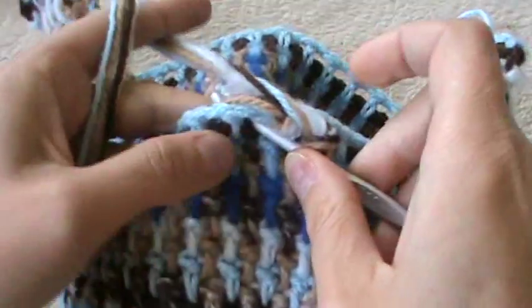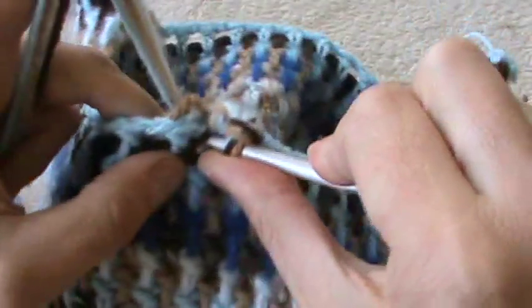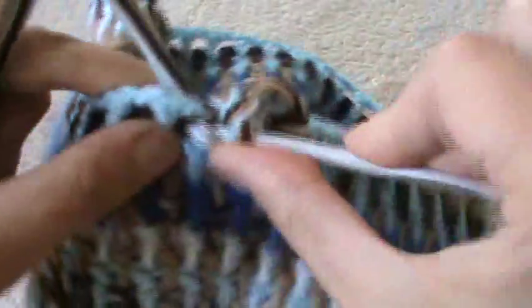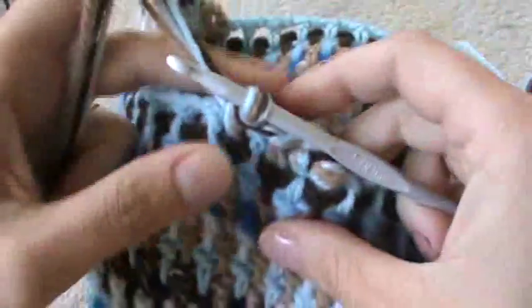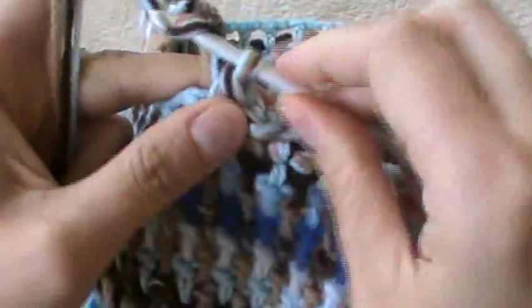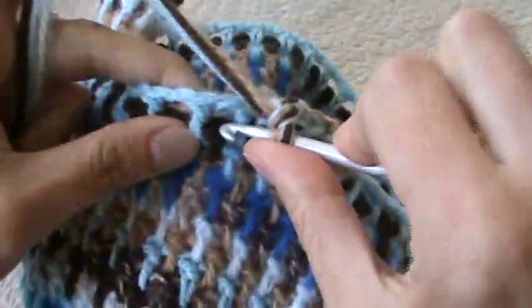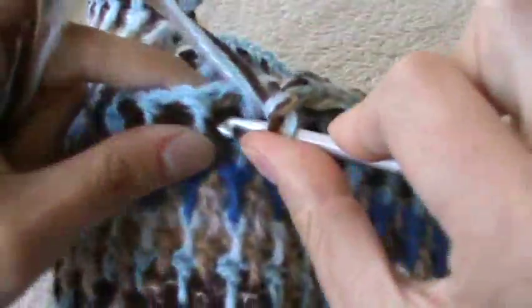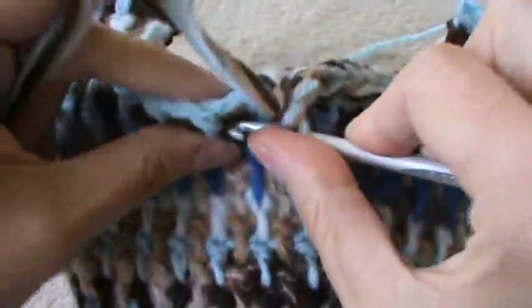And now again into our brown round, insert your hook and work a single crochet, and a chain 1, and then continue on like this. So actually we work the pattern but not with double crochets, but with single crochets and chain 1. Okay. So single crochet, chain 1, and single crochet, chain 1, and again single crochet, chain 1, and we go on like this with single crochet, chain 1,